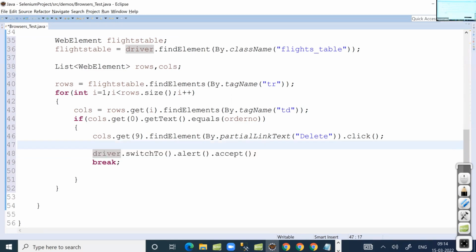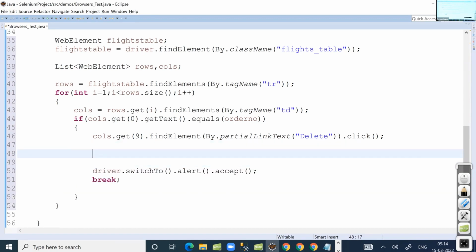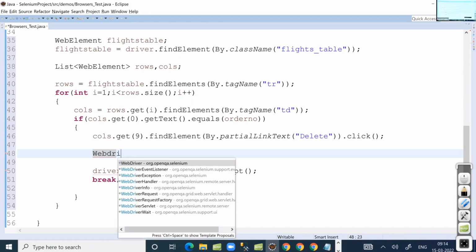You get an exception here. There is a chance of getting an exception: alert not found. So what can I do now? Implicit wait will not resolve this issue. Implicit wait is triggered only when there is a problem in finding an element, not another window, not the alerts. Now what I will do here, the Selenium provided